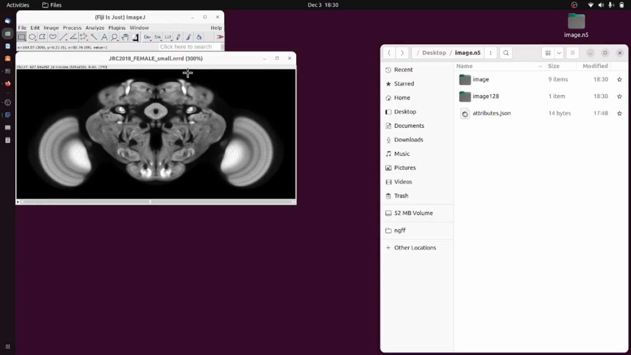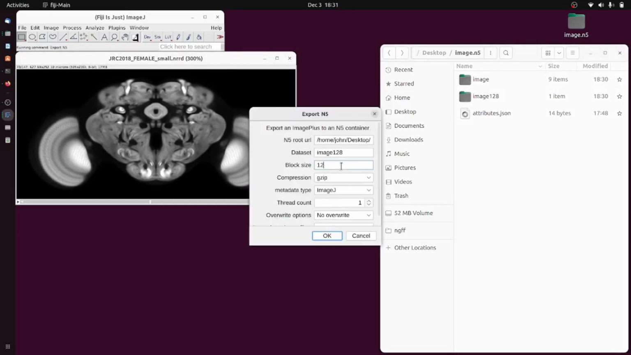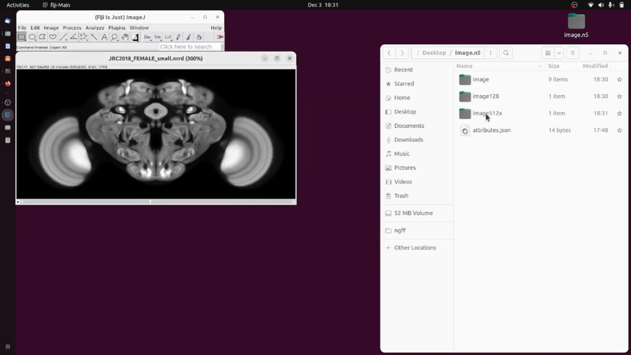Block sizes are, as I said, the same size in all dimensions by default, but this is customizable by using a comma-separated list. For example, let's have blocks that are very large, 512 in X and 64 in Y and in Z. If we write this, let's call this 512 in X, and we press OK and look inside of